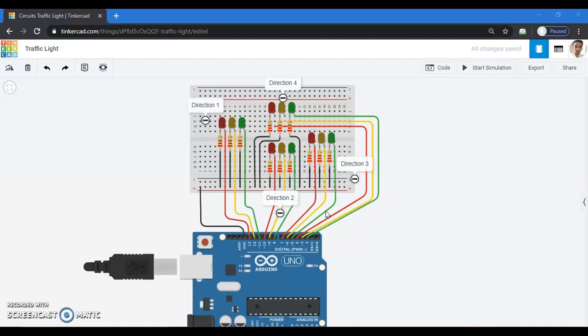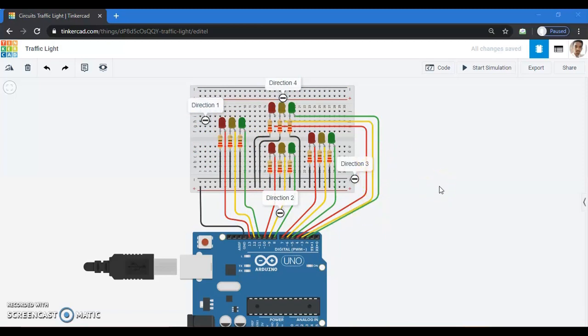The main part of this project is the Arduino Uno, which will control the LEDs and their timings to guide the vehicles. So let's start with the components required for the Arduino traffic light controller. For this traffic light controller we need one Arduino Uno, one breadboard, 12 LEDs, 4 red, 4 yellow and 4 green, 12 220 ohm resistors and 25 jumper wires for connections.